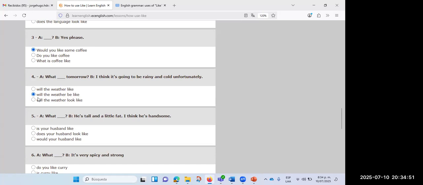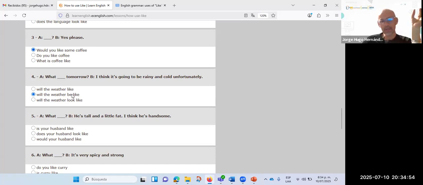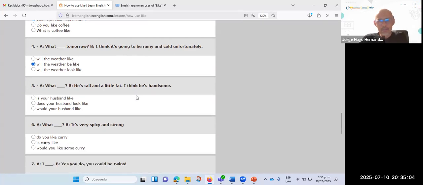Here, we are using future, no? Will be. And we answer with general characteristics. It's going to be rainy and cold, unfortunately. Okay. Number 5,